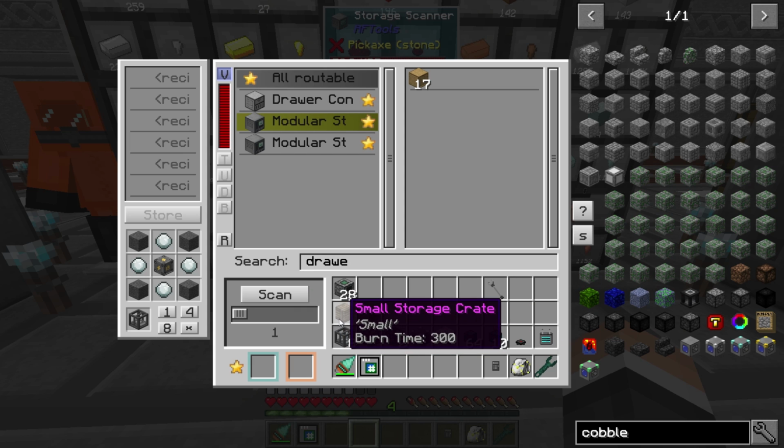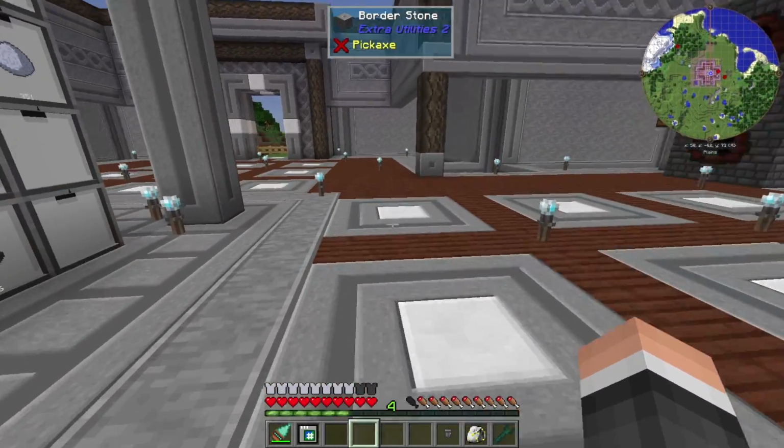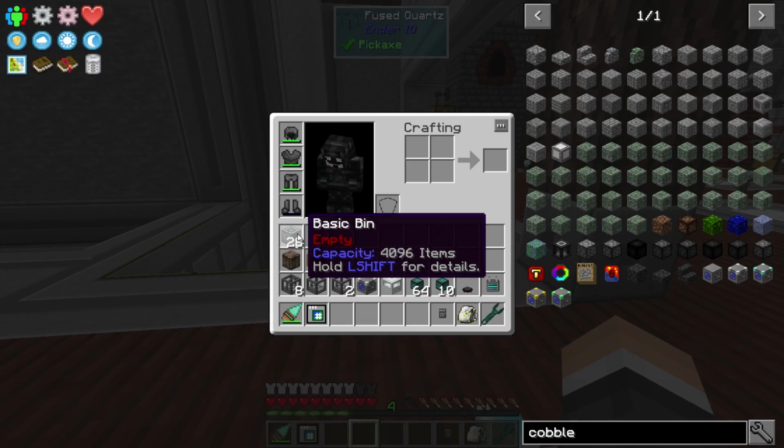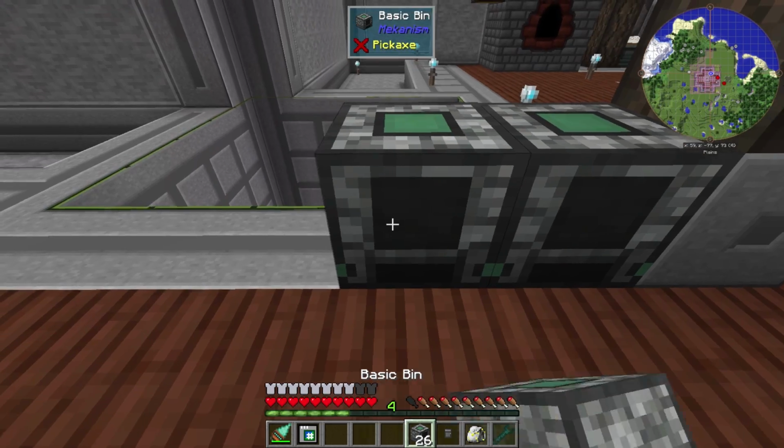And I have a crate. I think that's pretty much everything. Okay, let's go and try to set this up. I have a fairly good idea how I want to set it up, but not a 100% idea, so we're kind of going to go as we go. So, I'm going to take these